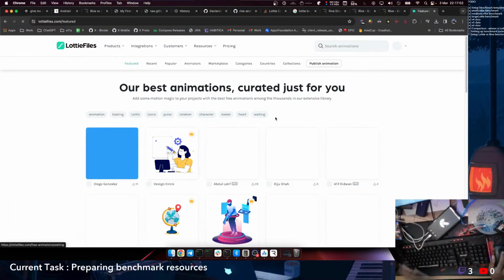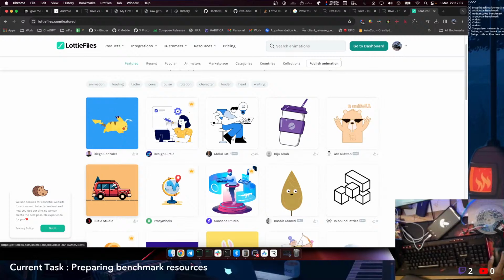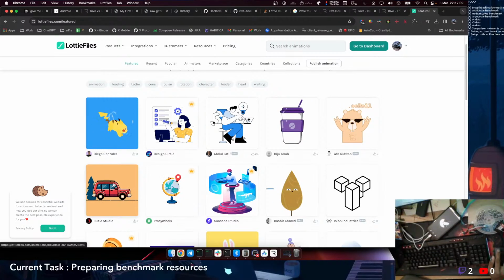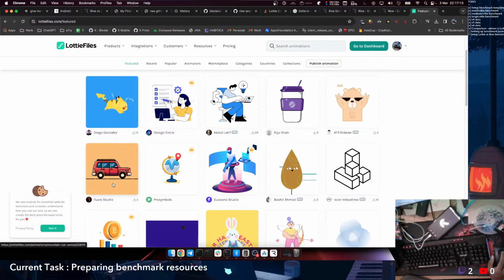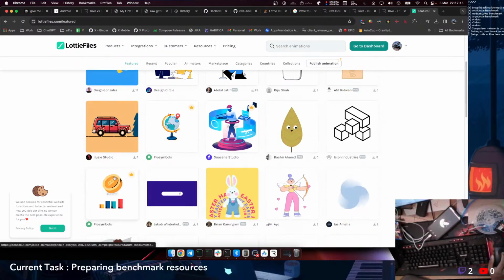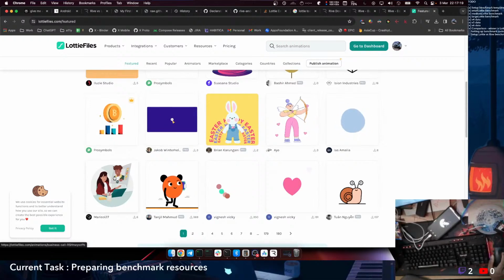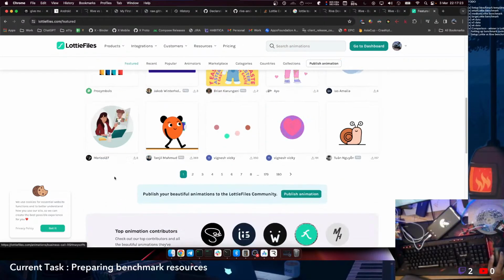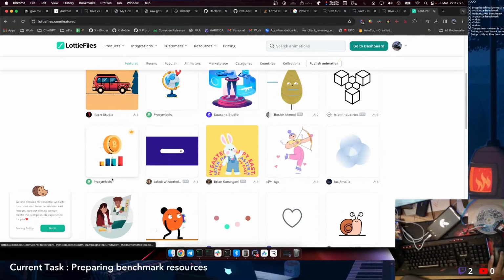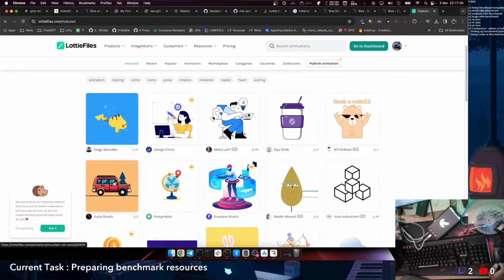Yeah. So we will have very simple. This looks simple enough. This definitely has some layers, but I think that's at least for benchmarking we need that. Or should we go with something else? I think